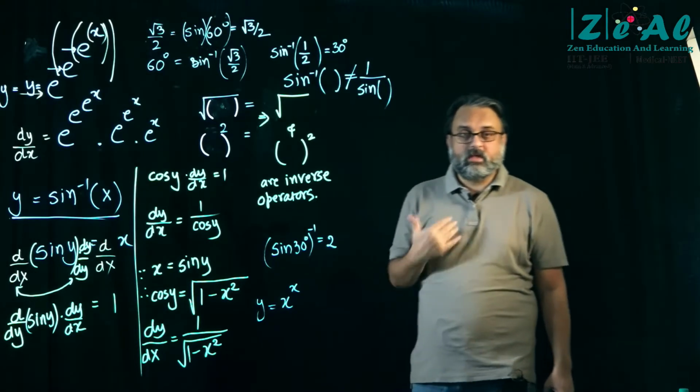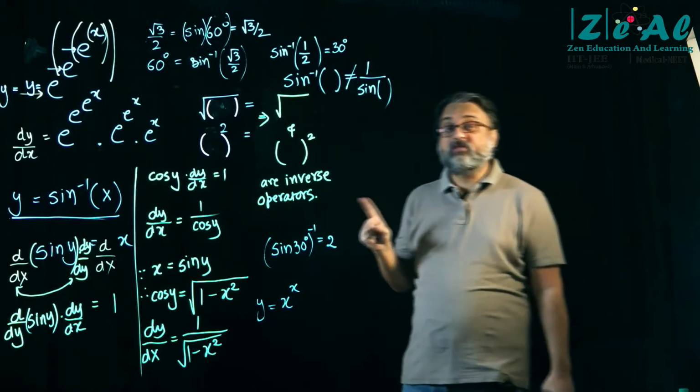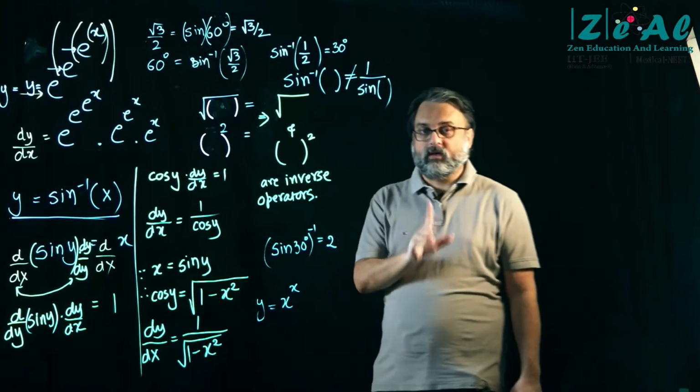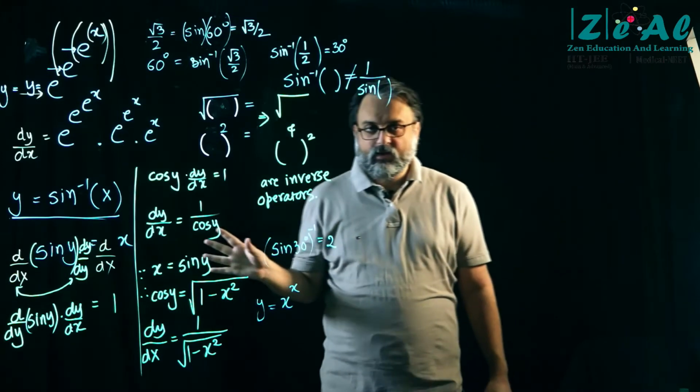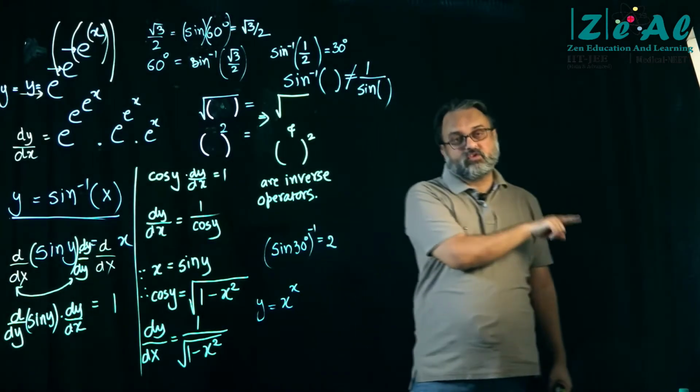Please again notice, and I want to emphasize this, that d/dx of sin x is cosine x exclusively. d/dx of sin x square cannot be written as cosine x square.